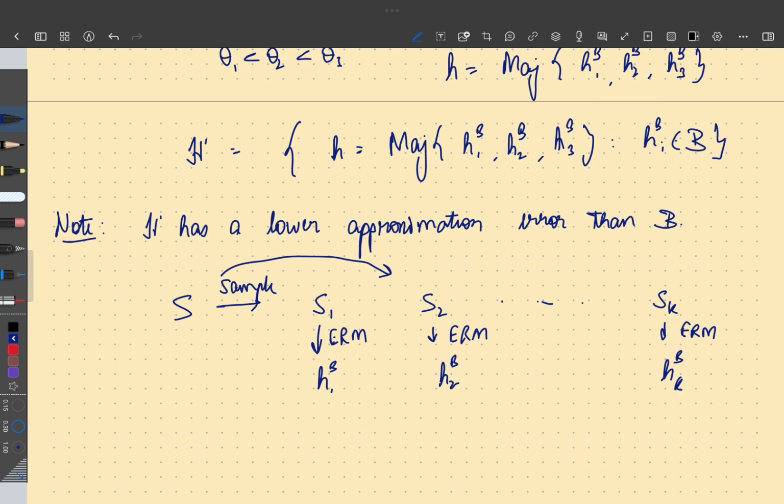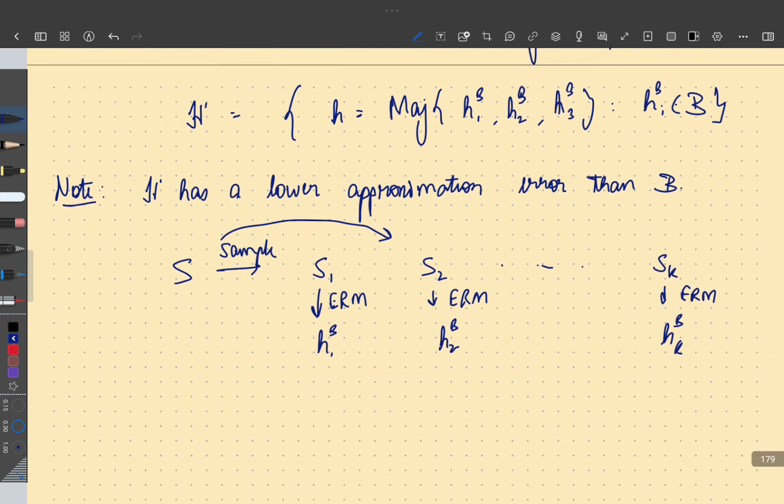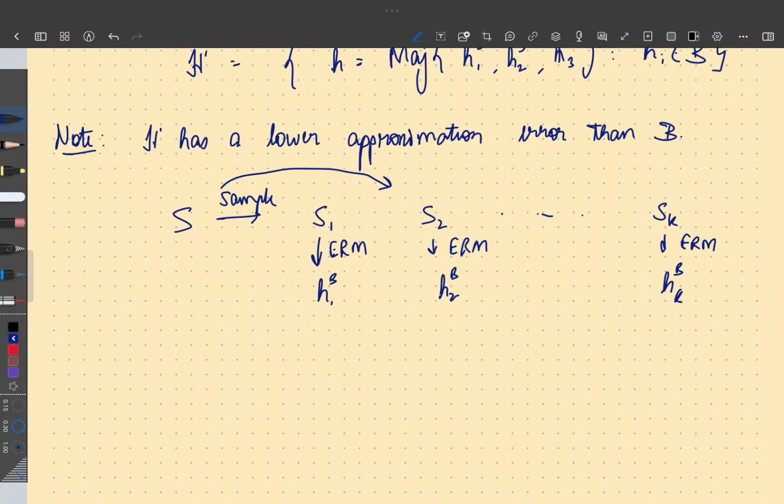You don't have any new data. It's still coming from the original data set S. You're not getting any additional data points. You're resampling from the data set that is given to you, so you're reusing the data set over and over again. All right? So you get these predictors, H1b, H2b up to HKb, and then your final predictor is the majority